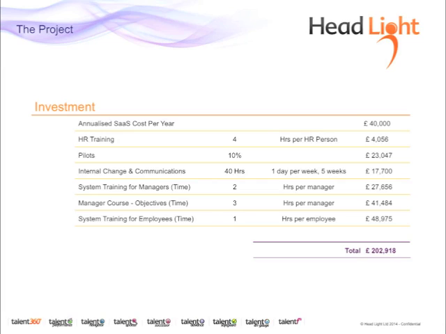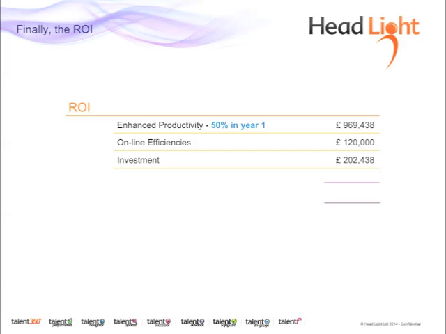So there is some investment in here, if we quantify it as real time, of some £200,000 to implement this kind of system for an organisation of this size. So if we look at all of that and bring it all together and then just take 50% of that incremental return that we were talking about, so 50% of that 1.9 million in the first year, we take the online efficiencies around not having to chase people around so much and being able to produce reports more quickly, and we also take the investment cost away from this, recognising the cost of doing this in terms of time and systems. Well, all of that still gives a 5 times return on investment in the first year.